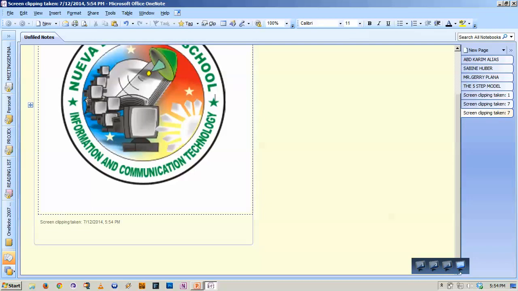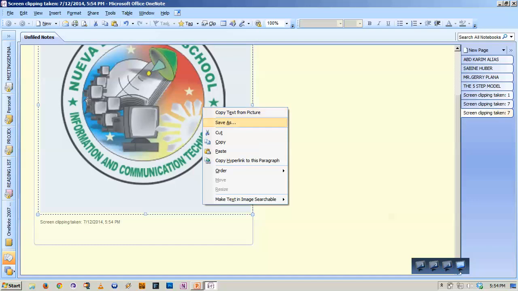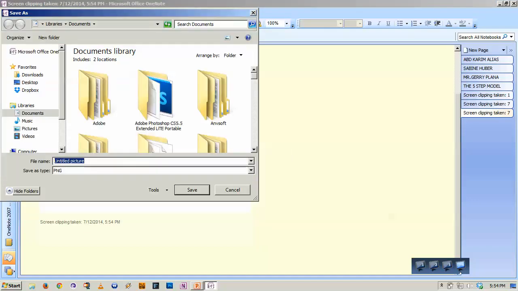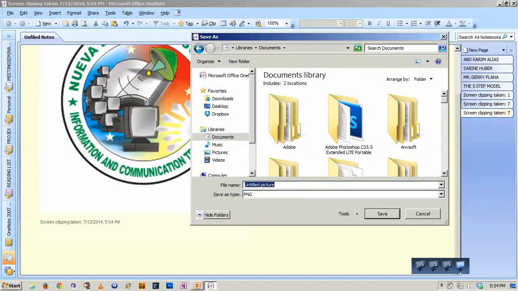So you just have to click this image, right click, and you can find it. There it goes. Right click if you have already selected it. Right click and save as. So look for the location. So let's change the file type. So automatically it's a PNG. We cannot do anything about it. So let's just let that be and change the file name into OneNote image drive. So this is our third drive. Then save.